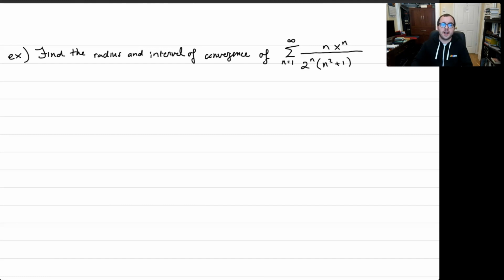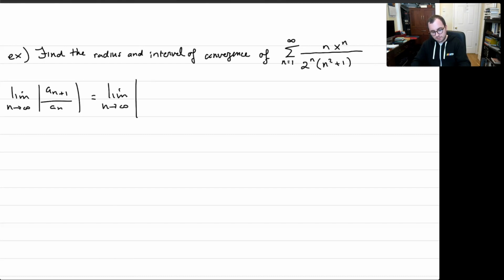Let's find the radius and interval of convergence of this series, n x to the n over 2 to the n times n squared plus 1. Lots of powers in here, so let us again evaluate the limit of absolute ratios and see what the ratio test has to tell us. All right, so